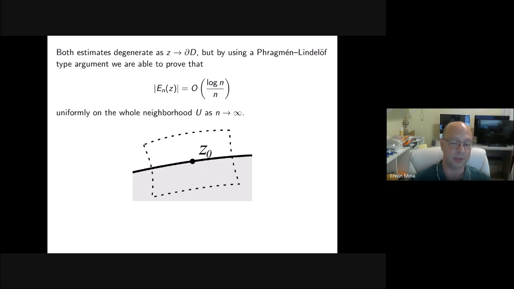So the proof consists, if you want, of 3 steps. The first step is already given. It's the strong asymptotics outside the curve. The second step is to get asymptotics inside the curve. And then the third portion is to glue these two asymptotics at points on the boundary that are not the corners.